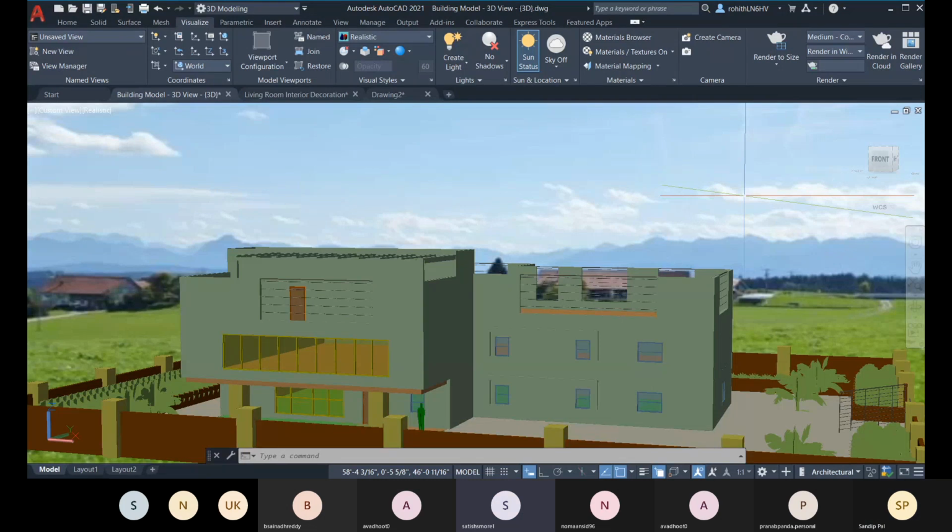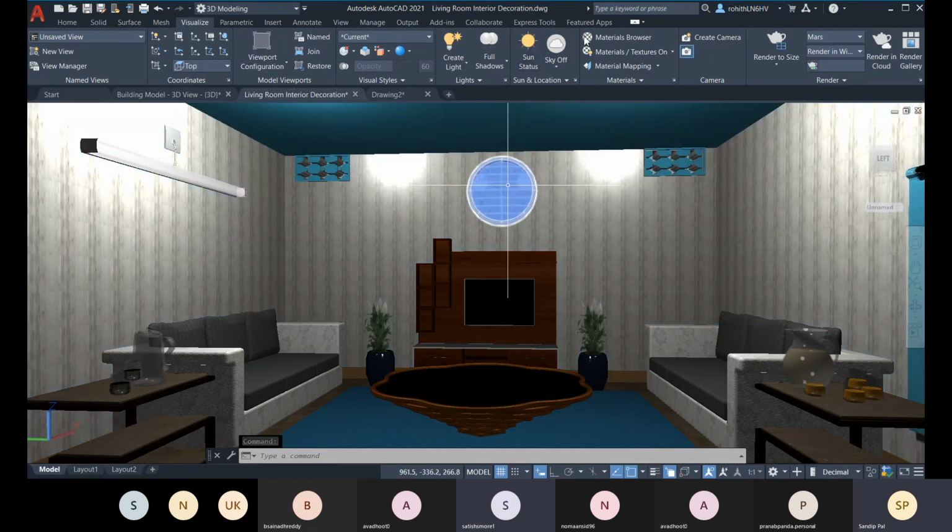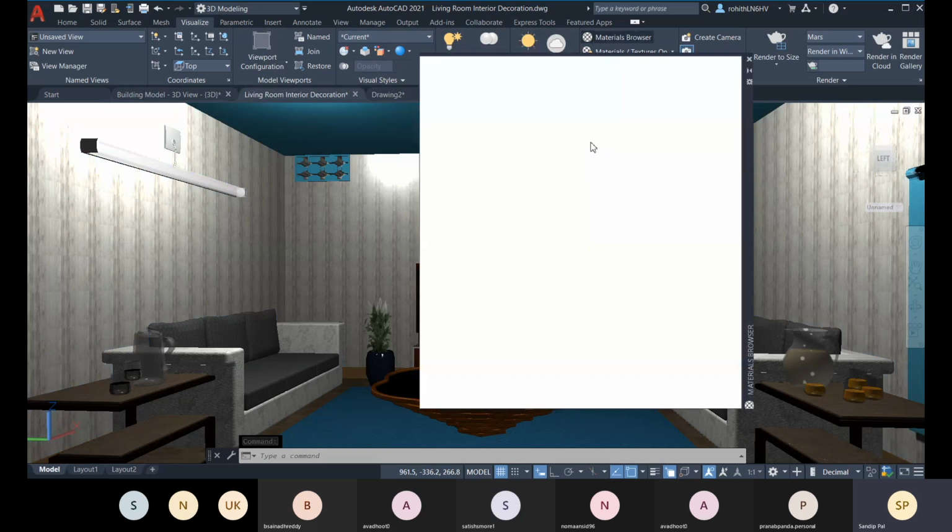Sir, in this previous model, there is a wall clock. Is the clock an image or is this also a model? No, that is an image. That image is provided. Let me show you that material browser.